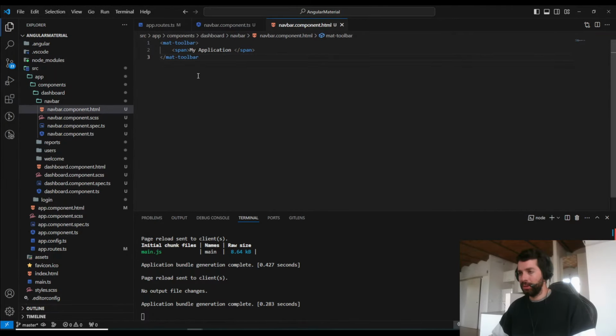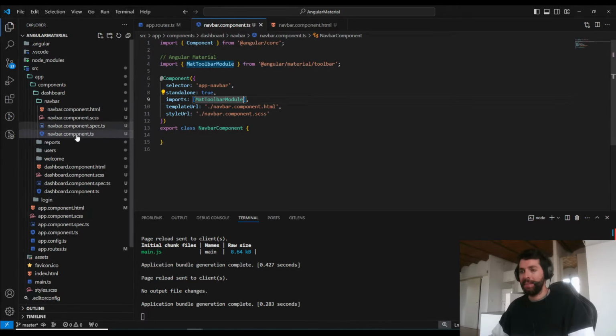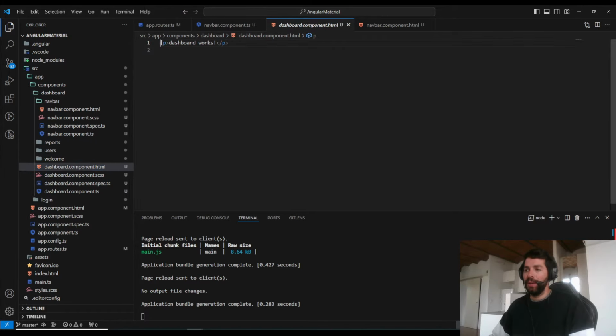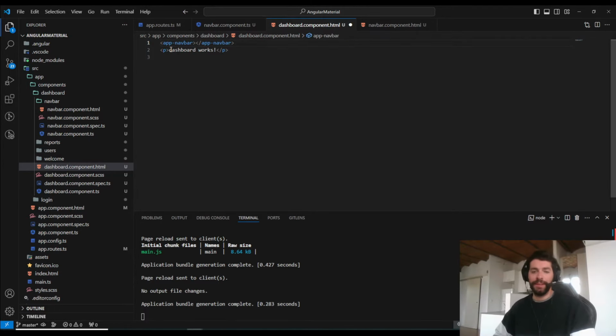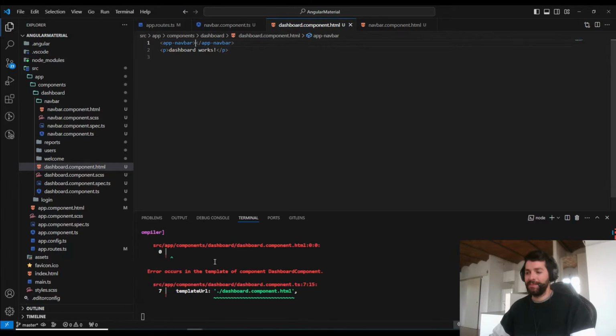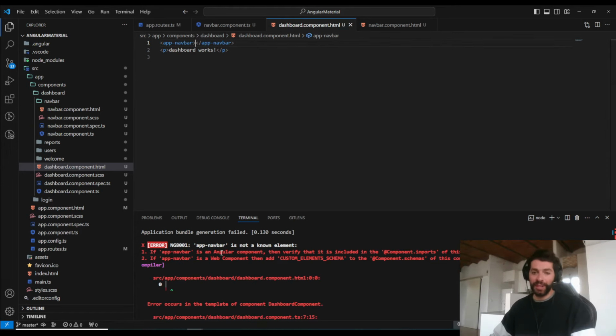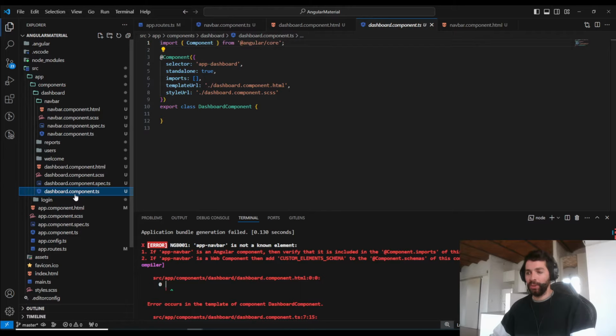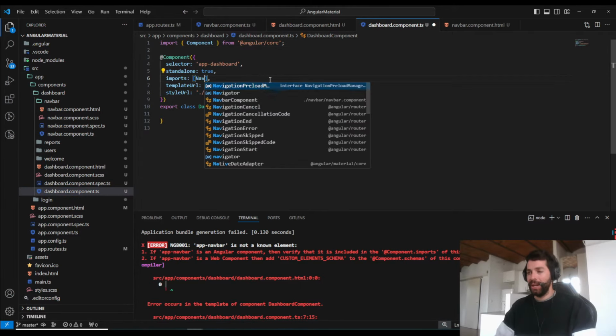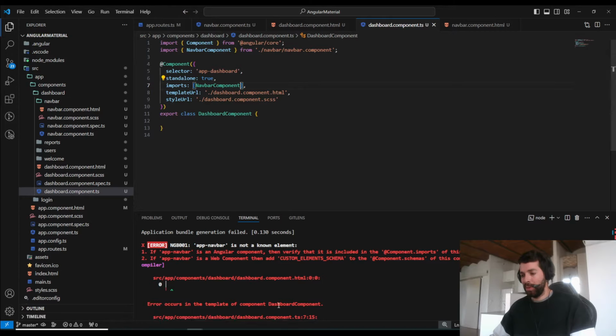Here I have a problem because it is not being refreshed. I forgot here in the dashboard, I need to link the navbar. So I will put here app-navbar. And remember at this point, what is going to happen? Do you think that it is going to work, or do you think that we are going to have an error? So we are going to have an error because we are using a standalone component, and we need to import this component here in the dashboard component. So let's go here, and in the imports I will put NavbarComponent, and now it should work,